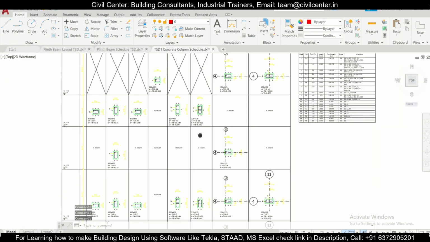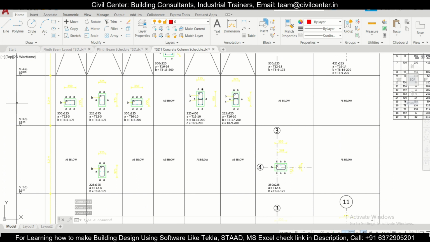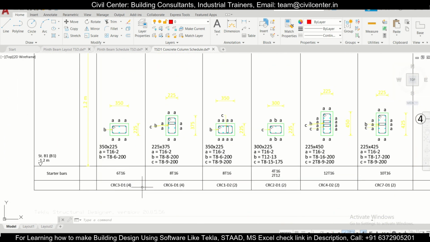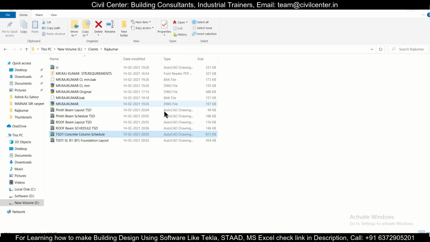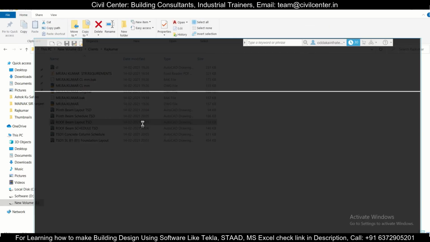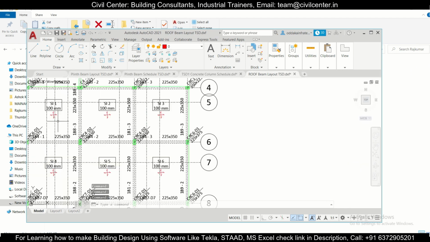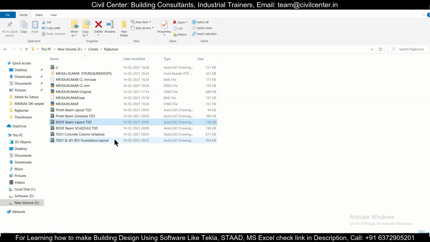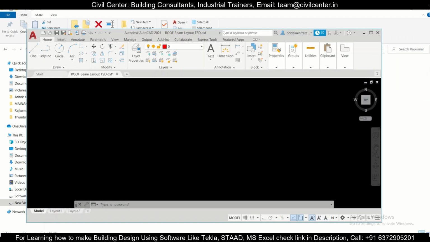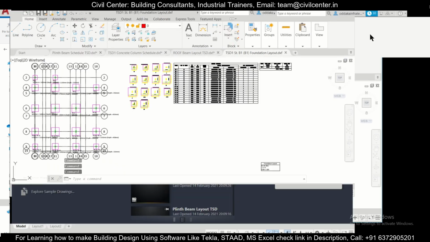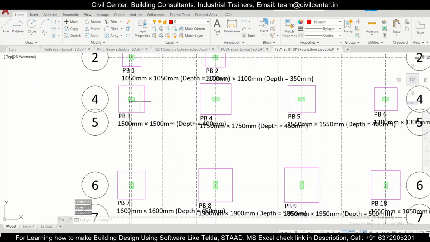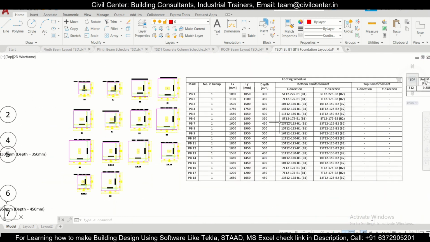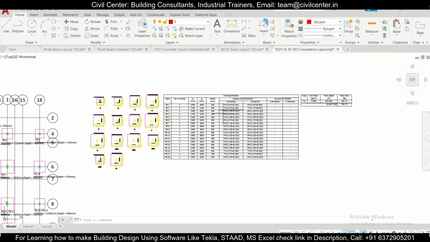As you can see, the concrete column schedule, and for this particular naming, as you can see here, this CRC 3, CRC 6 you can find in the roof beam layout. You'll find the naming of the columns here in the roof beam layout, what is CRC 3D2. And after that in the foundation layout you'll find the details of the foundation. As you can see, you have the details of the foundation into depth, and also the sizes. So you have all the things in all these drawings.